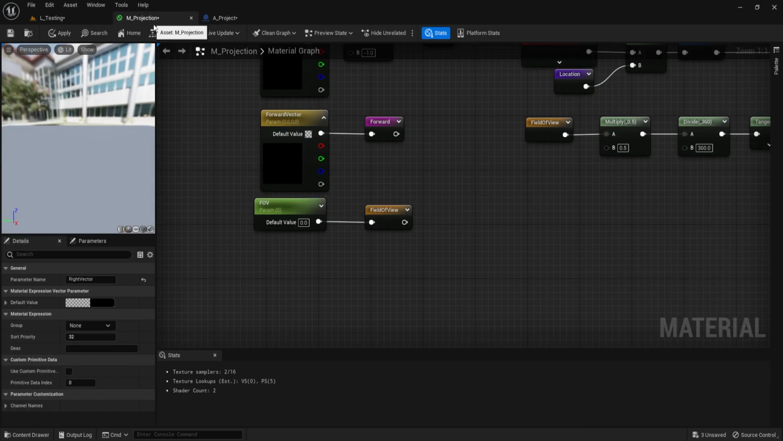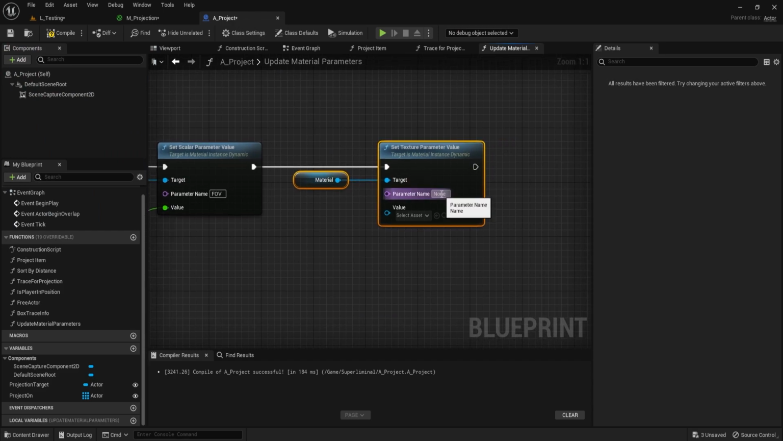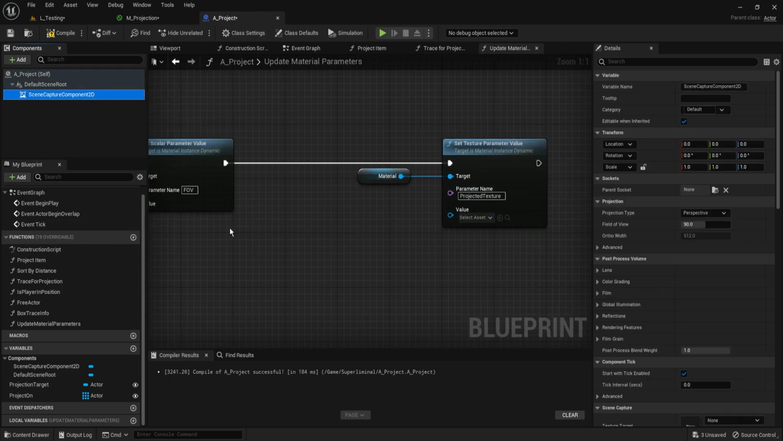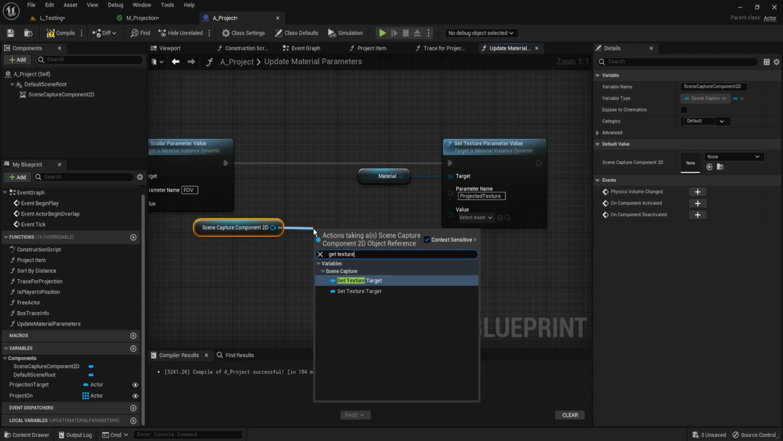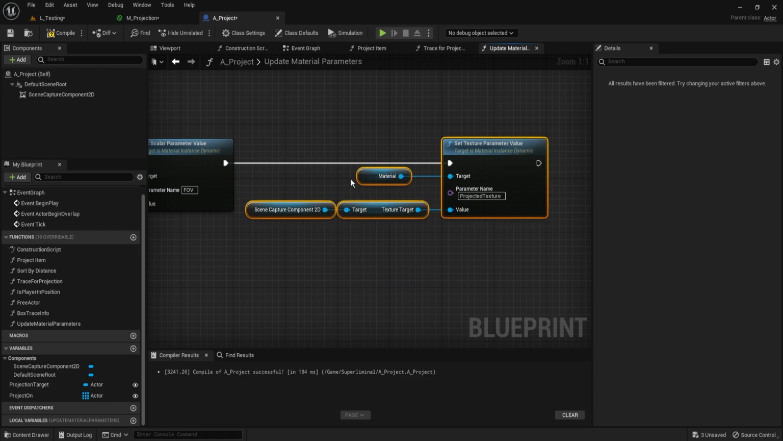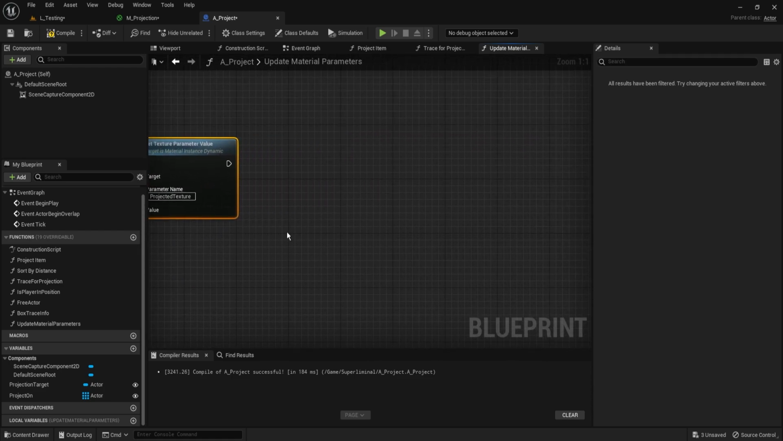And the value we gave it was projected texture. So for projected texture, we're simply going to call our scene capture. We're going to say get texture target. And we'll do the same, and unlike this one, which we've saved here, for the one here, which we can